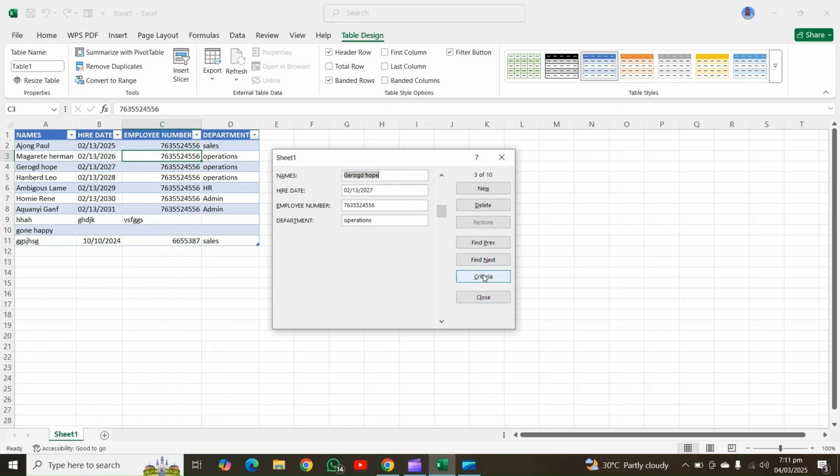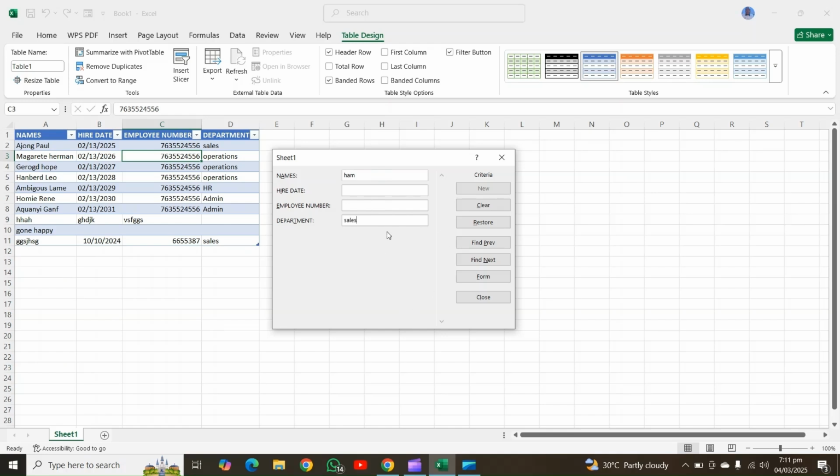Okay, one button left to look at besides Close, and that is Criteria. The way Criteria works is you click it and then you enter criteria into this form, and then Excel will see if it can find one or more of the records here in the spreadsheet that match the criteria. So for example, I would really like to find someone who has a name that includes the word Gerogged and the hire date doesn't really matter. The employee number doesn't really matter, but the department should be anyone amongst the list. Alright, so I have Gerogged in operations. At this point, all I have to do is tap enter on the keyboard and look, it found Gerogged in